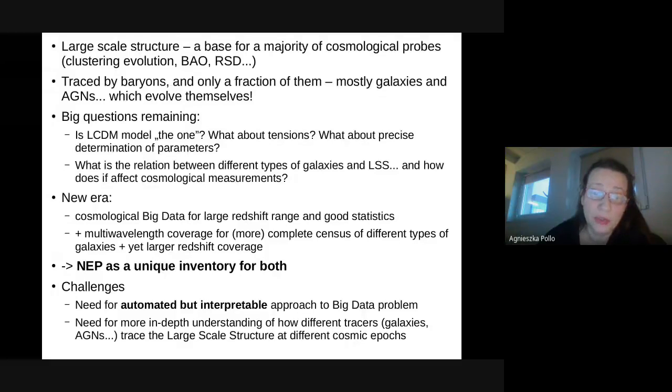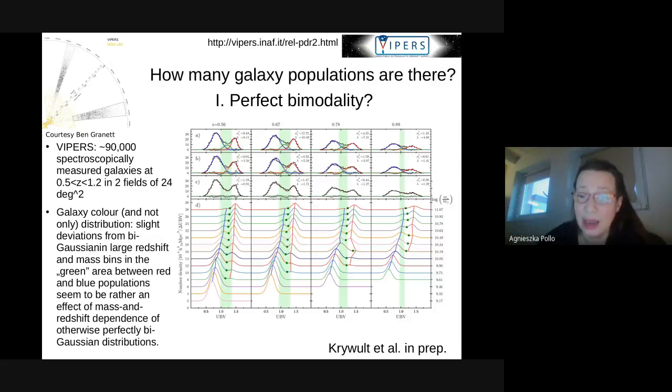And we need to understand better how these different galaxies, different objects trace large-scale structure and how this evolves with time. So now I'm going to give you a very biased review of some recent works which are ongoing in our group, which may point a bit in this direction and may be worth applying in